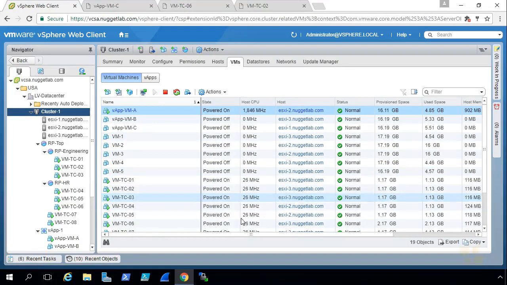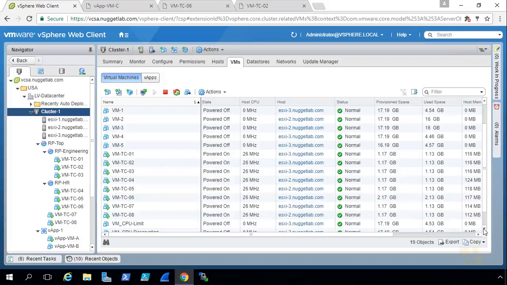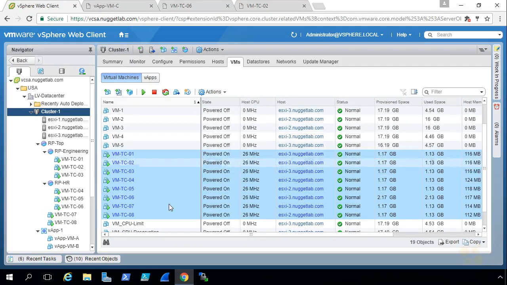So if we wanted to power down all of the TC VMs, we could go ahead and click on the row for the first one, VMTC-01. So with that first one selected, if we hold down the Shift key and then click on the row for VMTC-08, that's going to highlight all 8 VMs for us. And if we wanted to, we could go ahead and click on the shutdown icon right here to power them